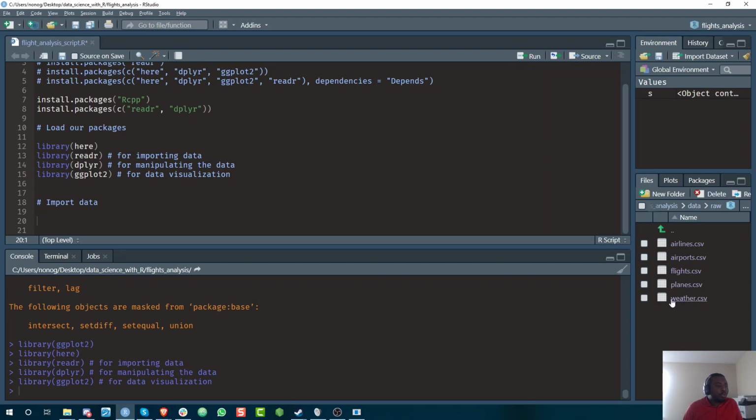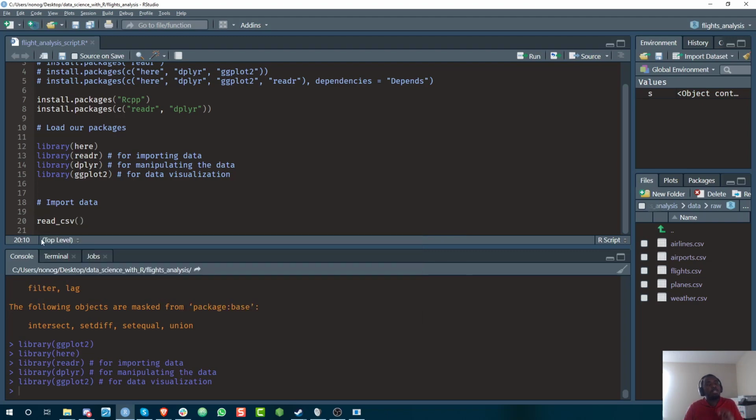And what we want to do is import all these 5 files. Okay, there are ways to import all the files at the same time, but we will try and learn to import them one at a time. And once we do that, this is actually going to help us for the future. So inside the readr package, if you are able to load the readr package successfully, you should now have access to the